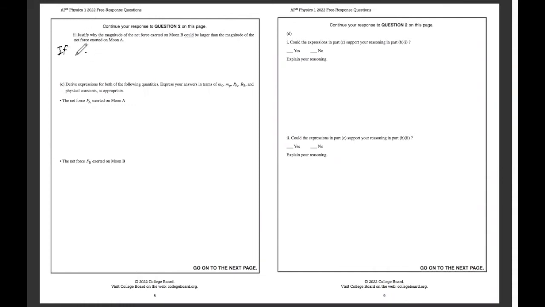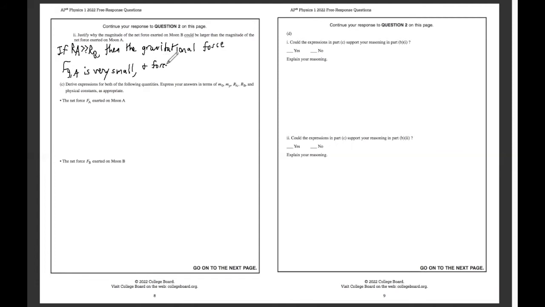Because if RA is much larger than RB, so that's what the 2 greater than symbols represent, so if RA is much greater than RB, then the gravitational force FGA is very small,